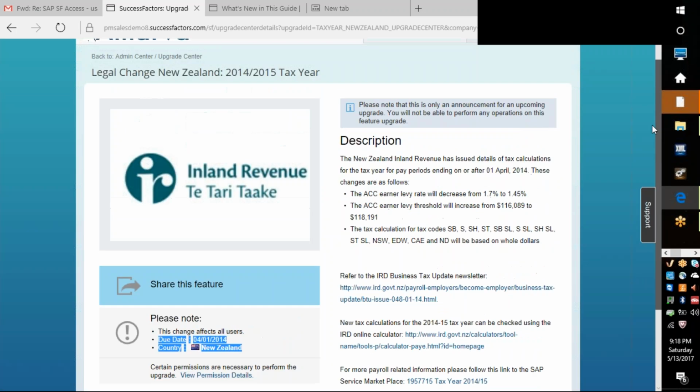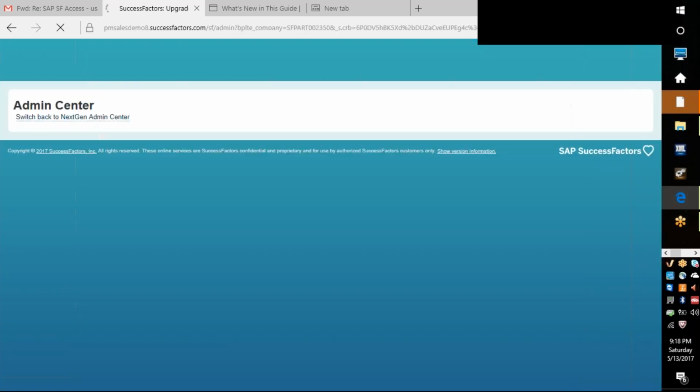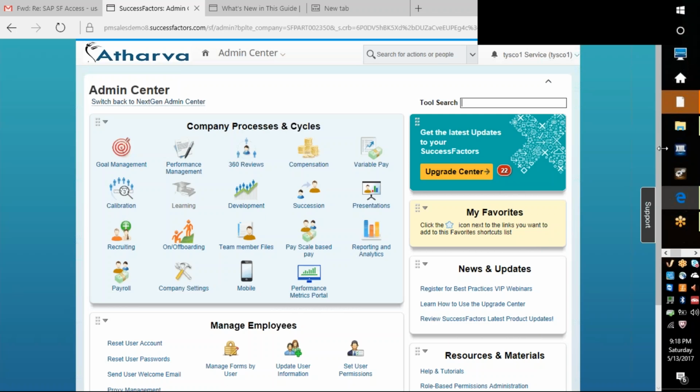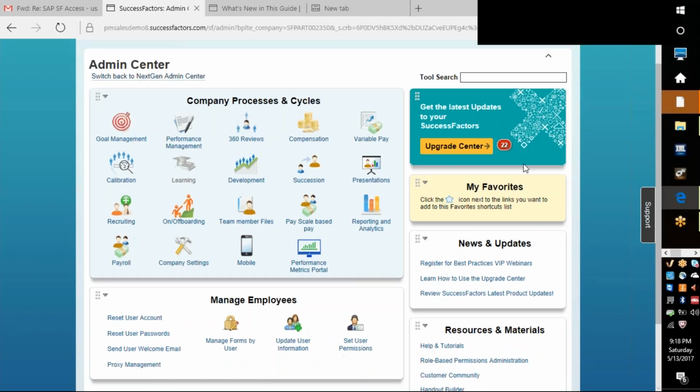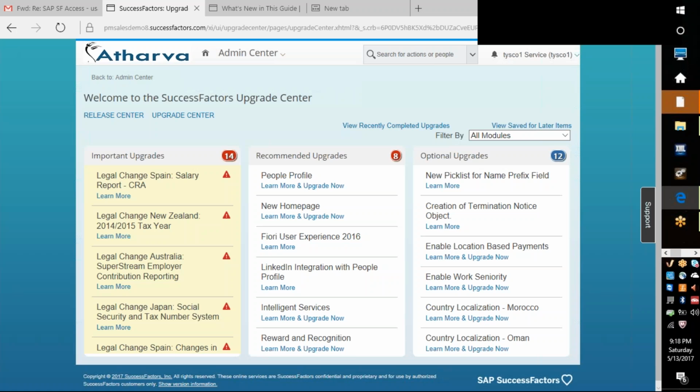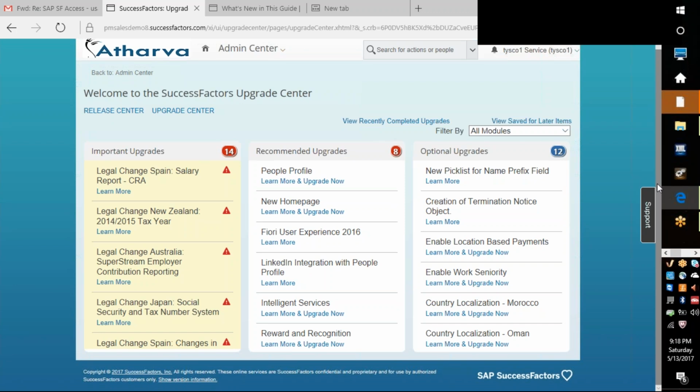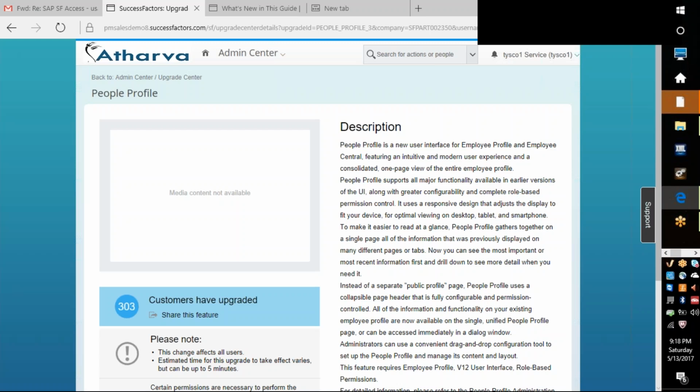Let me go and show you one which we can try upgrading. The same release center, I could go down here. Upgrade Center is a shortcut where I can go directly. Either I can go at the company settings or I can go from here as well. If an update is available for us to apply in the system, then you will be seeing an option like this. See, in People Profile you say Learn More and Upgrade Now, right? If I go and click there,